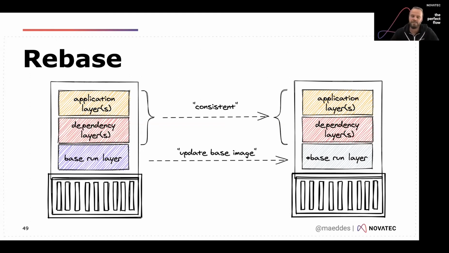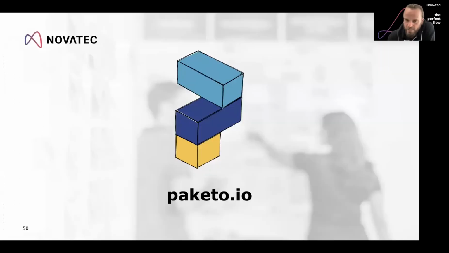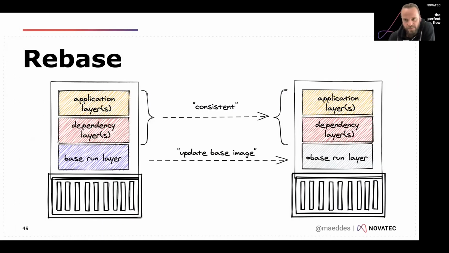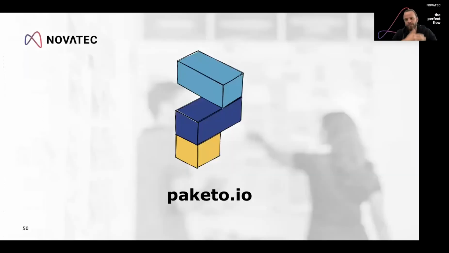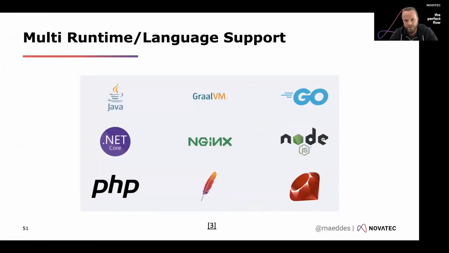In this case, a rebuild would do a bit of unnecessary work because the application layer and the dependency layer do not need to change. It's only the base image that needs to change to patch the vulnerabilities. So in this case, you can exchange the base OS layer dynamically. Now, why would this make sense? Well, this might become clearer once you see the Paketo implementation.